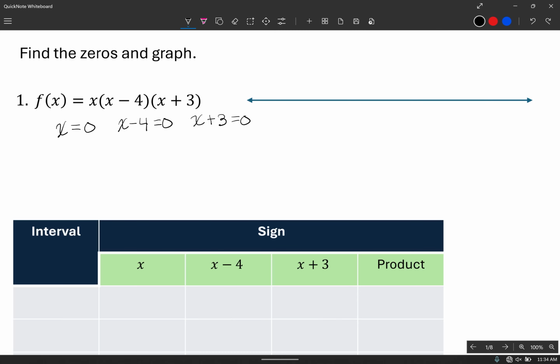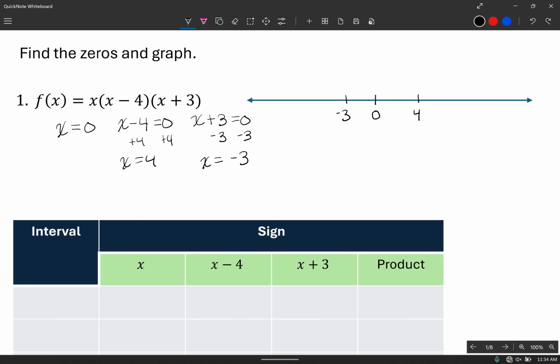So x equals 0 is already solved for x, so I'm going to solve the next one. So we get x equals 4, and then we get x equals negative 3. So I have three zeros or three x-intercepts on this graph. So visually, if we look at this like on a number line,